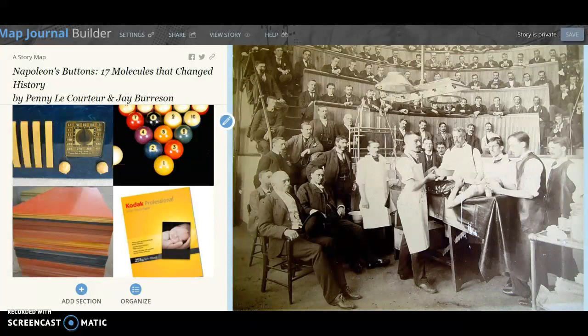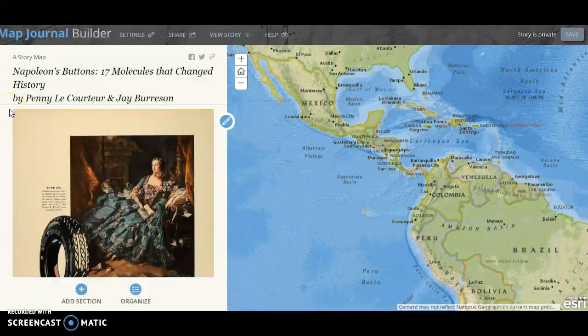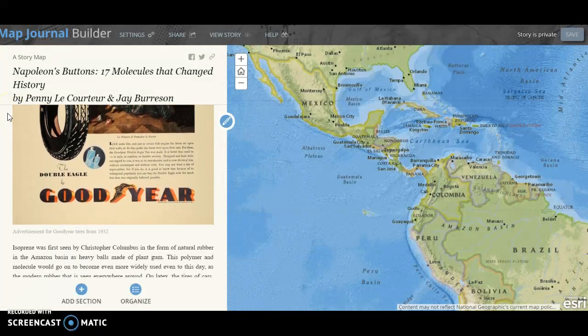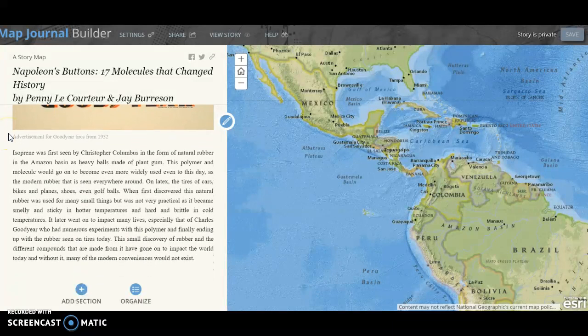Phenol not only helps to create plastic, but also is still found in some of the spices we talked about earlier, and is seen as a strong kind of flavor, and is also found in vanilla and helped to create the synthetic vanilla market. This next chapter is on isoprene, found naturally in the rubber of certain kinds of trees in South America, and later went on to be made into tires by one Charles Goodyear. He figured out by melting it in a certain way and then hardening it again, he could get the consistency